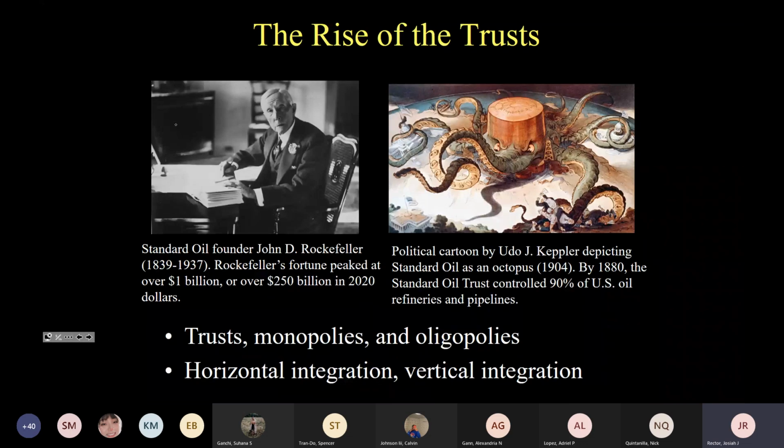Henry Ford in the automobile industry would do vertical integration on an even bigger scale. So Ford didn't just produce cars, he also controlled rubber plantations that produced rubber for the tires in the cars. He bought up ore mines and tracts of forest for the production of metals and wood for Ford Model T cars, which we'll talk about a little bit when we get to the 20th century.